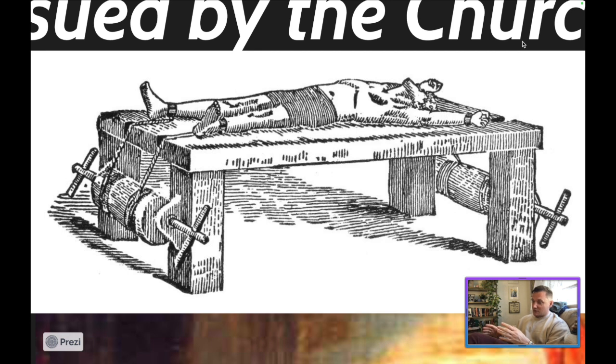But we'll talk about that whole story a little bit later on. Now, the church, though, to try and get you to confess, was well known at the time for enacting torture every now and again. They didn't do it all the time. A lot of people try to act like this happened every single time, but it didn't. But they did. There are cases of it, right? And just so you know, Pope Francis and other popes and other church figures have come out and apologized for this relentlessly. The modern day Catholic Church is no longer connected to torture, and they have recanted their ways of the past, right?